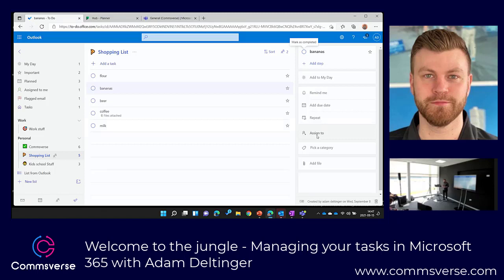And if you assign it to yourself, in that case, it will also end up in the Assigned to me list above. But as you can see, I can add anything to my day if I want to. I can add reminders, due dates. I can do recurring tasks as well, and I can customize that to be recurring on the exact days I want it to be. And I can also pick a category here.